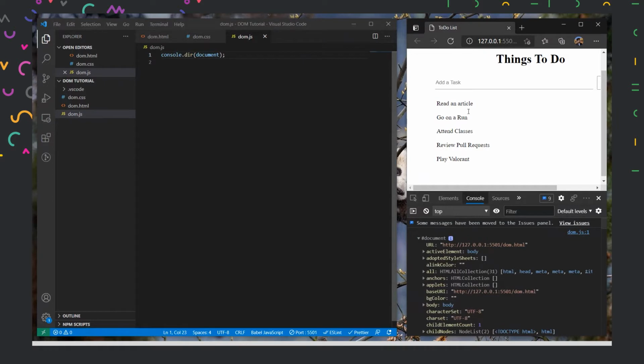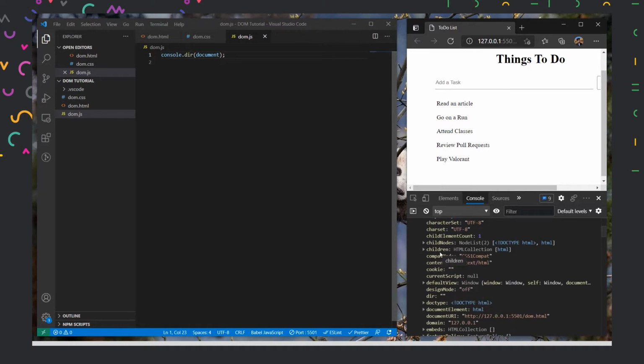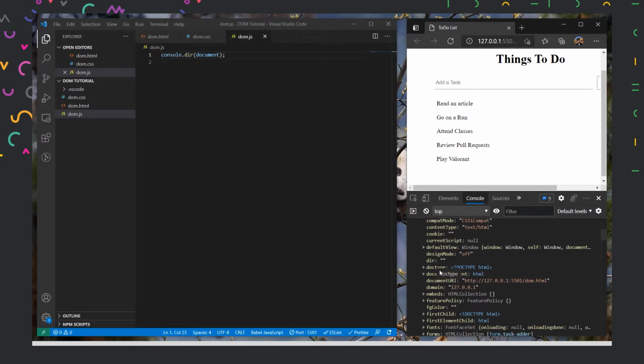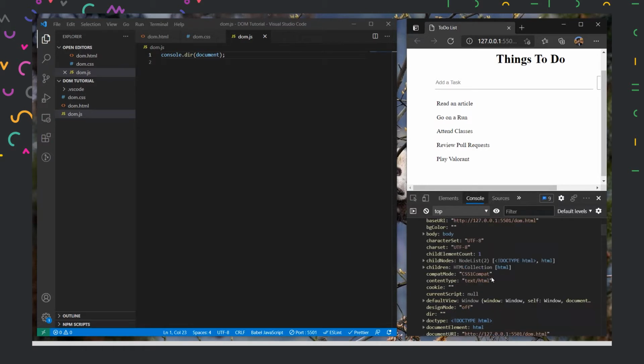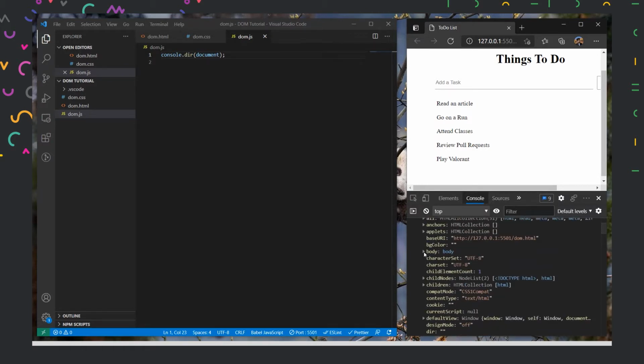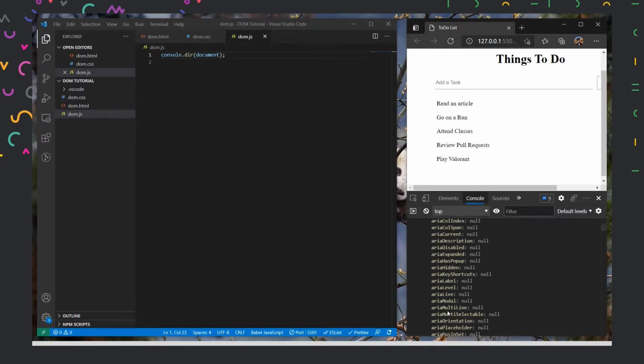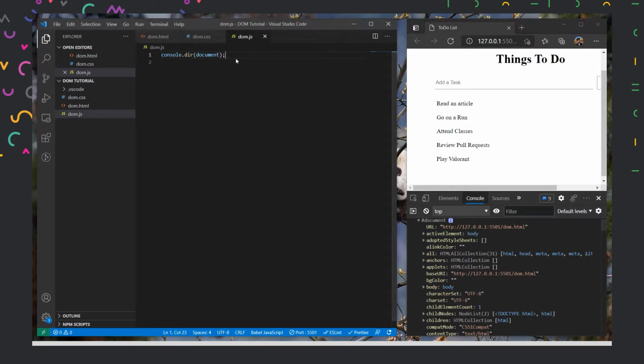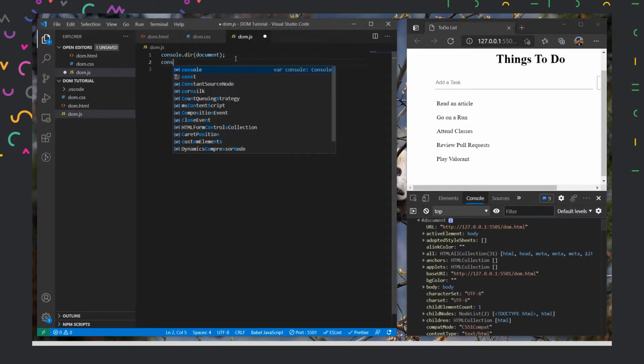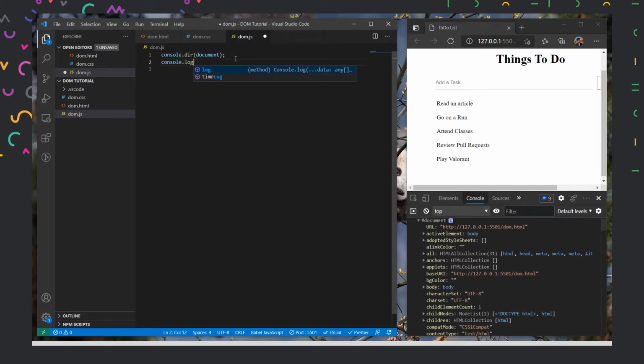So basically all the properties of our website or our application are displayed over here. There are all the children of the document. There is the CSS compatibility mode. We have a body, and inside the body, we have all the objects inside the body. All those things are declared over here. So to check all the objects, we could log out all the elements of document.